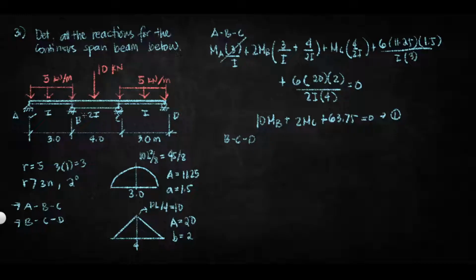You will move 1 point from the right. Okay, or to the right. So, next is BCD. So, BCD, ito ang point na to. B, C, D. So, sa point B, we have MB. So, ang L1 na dito is 4. Ang L2 is 3. So, that is 4. MB4 plus